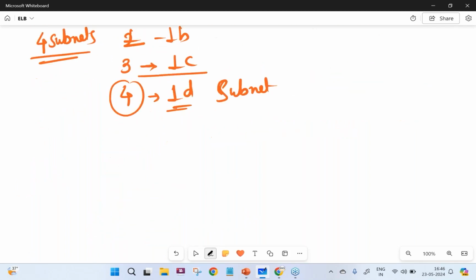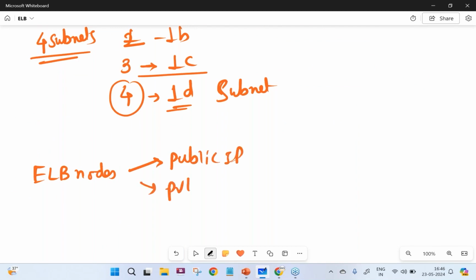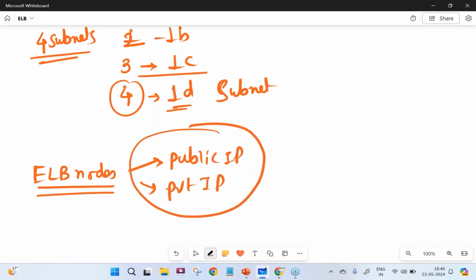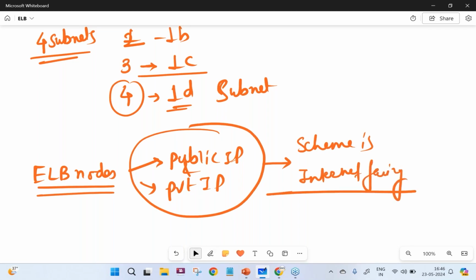And these elastic load balancer nodes will have a public IP and a private IP if the scheme is internet facing.